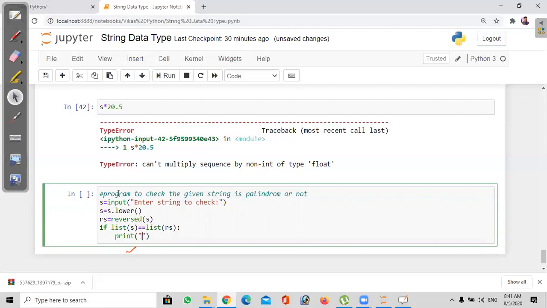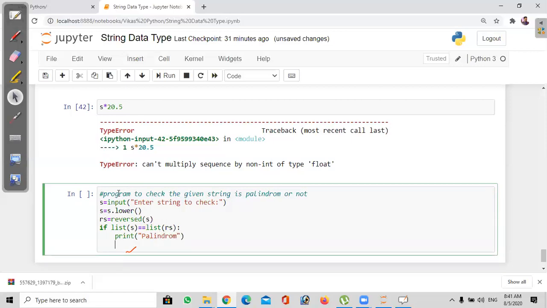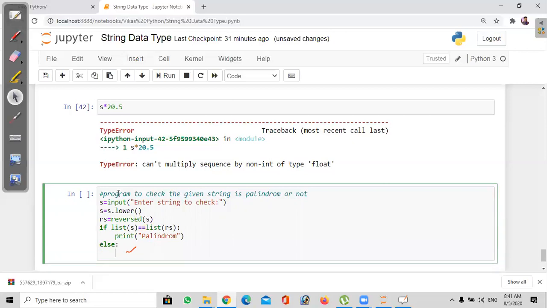Print this is a palindrome, or else print it is not a palindrome.